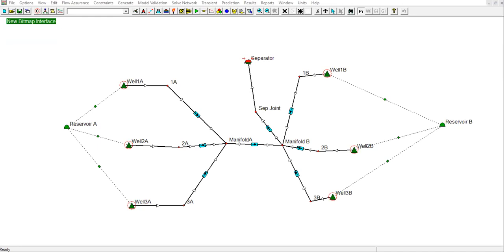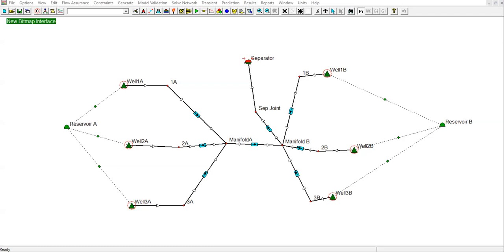So we will continue our learning on oil network modeling using GAP software. So now we will compare the results that have been obtained by running the prediction using the optimizer, comparing with the RBNS, the rule-based network solver. All right, so the results obtained using the RBNS will be compared to the results obtained using the optimizer in